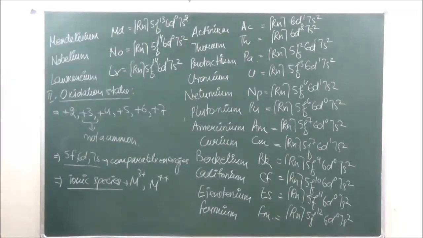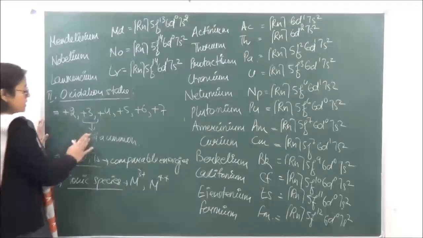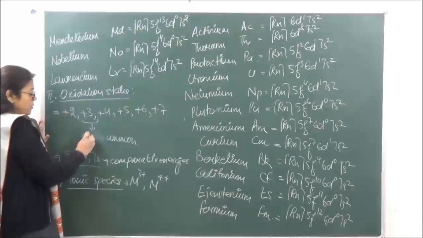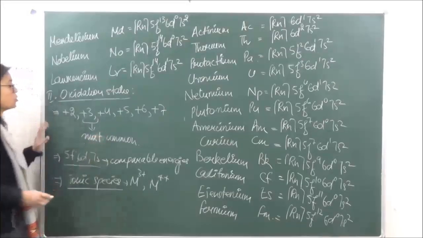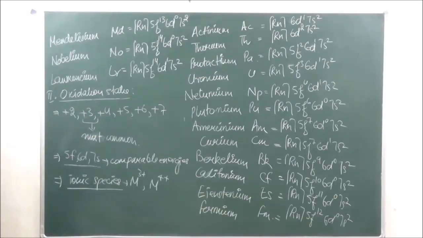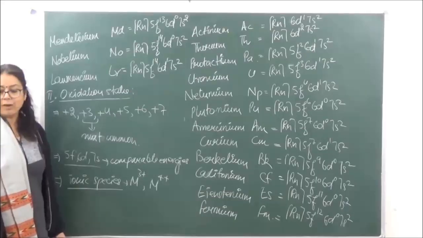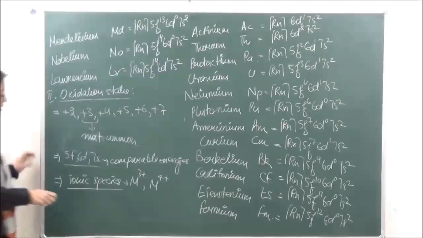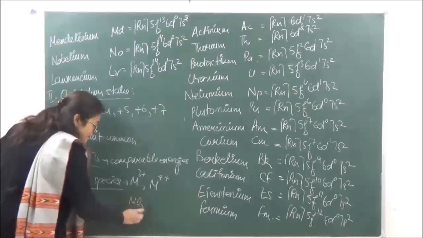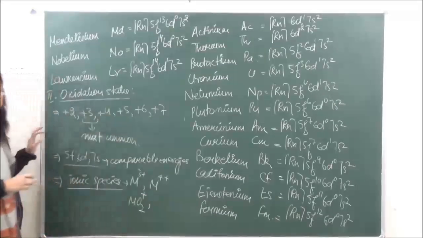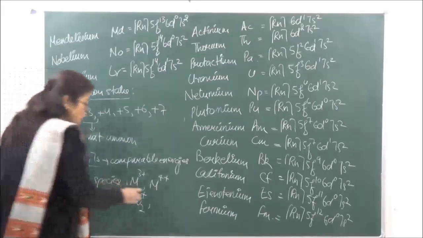Okay? So over here we wrote that it's not common. No, it is the more. Then it should be the most common. So you can write down over here that this is the most common, just as in the case of lanthanoids. Okay? So the +3 oxidation state again is going to be the most common. That is the reason why it is forming M3+ ions. Okay? So M3+, M4+, then we have MO2+ and we have MO2 2+.